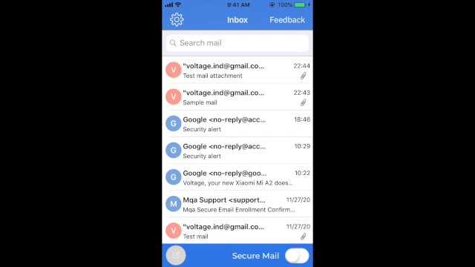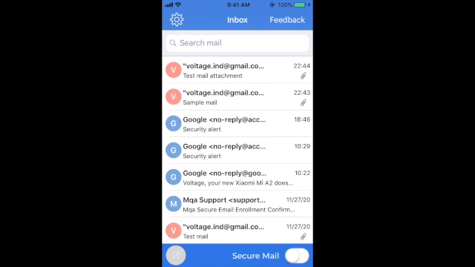So the purpose of using the Gmail API in our application is so that all the mails pertaining to that Gmail user are displayed in this application, and these mails can be Voltage encrypted secure emails and non-secure emails as well. In this way the user does not have to navigate to the other Gmail application to view the emails, and all the mails can be viewed in this app itself.